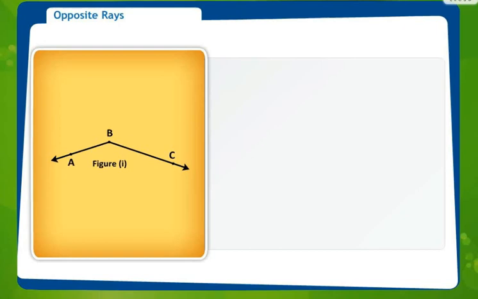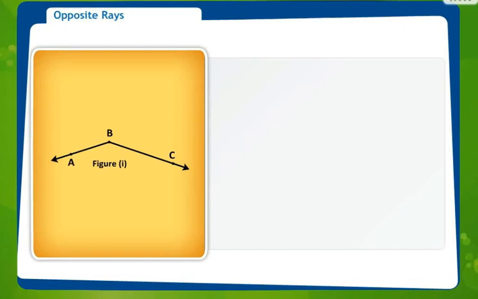Now as we have learnt in the earlier part of the chapter about angles, angles were formed when two rays meet at a common point, and that common point is called a vertex. So now we will further study about rays. You can see in the diagram there are two rays drawn which are facing opposite directions. So these rays will be called opposite rays.